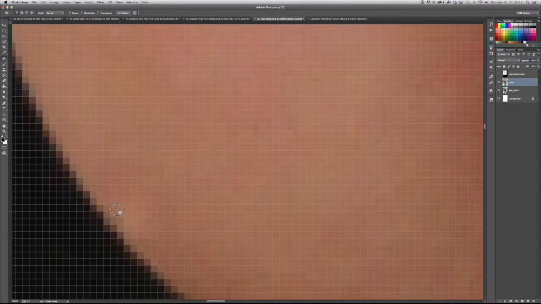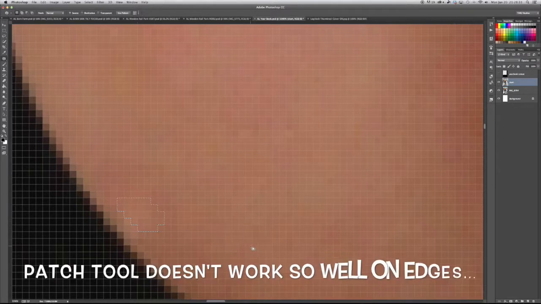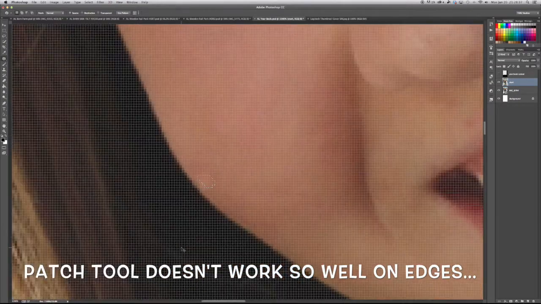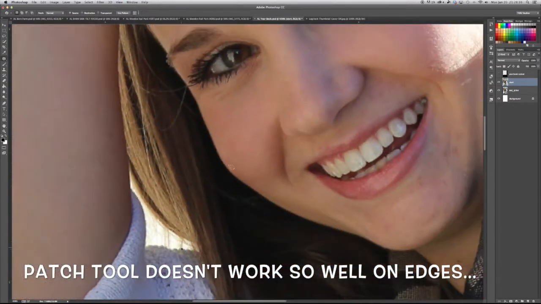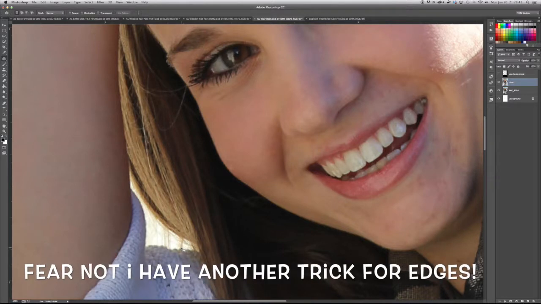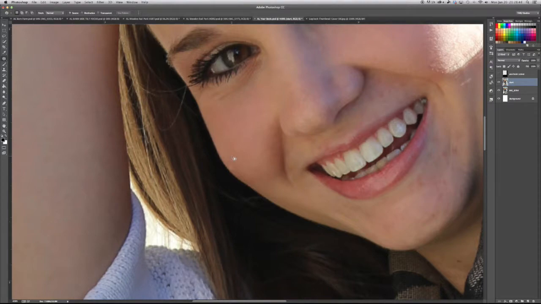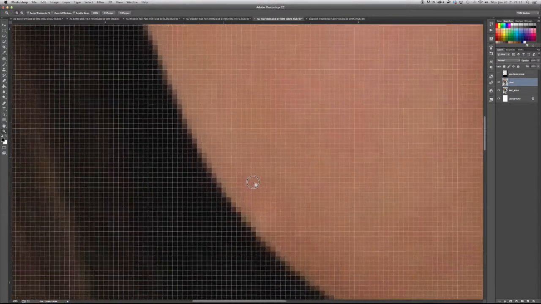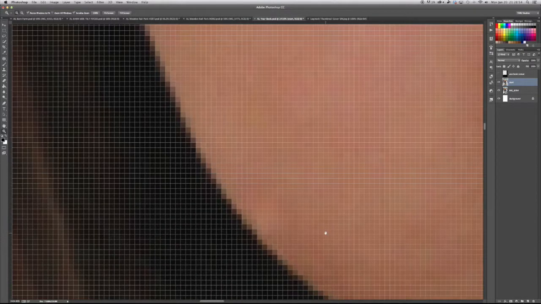Alright, I think I got that one spot that I wasn't happy with. But that's the benefits of zooming in and zooming out. Let's zoom up and zoom back out if it's gone totally. Get rid of the marker. It's still there. Alright, this is what else we can do. I was going to show you this later, but since we're having this problem right here with this area, we're going to use